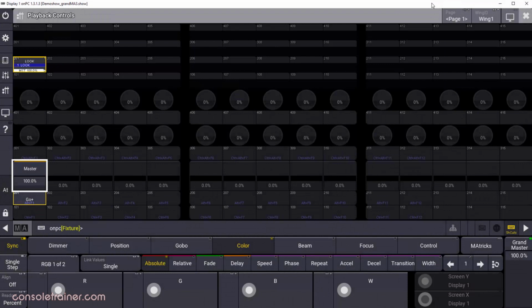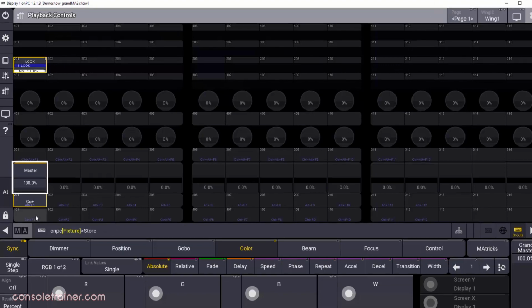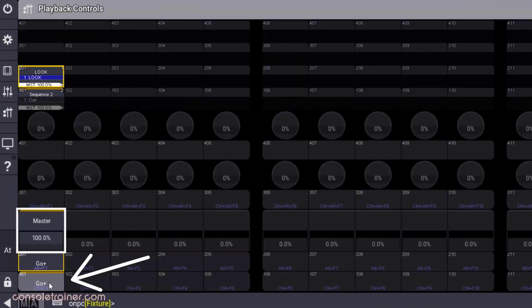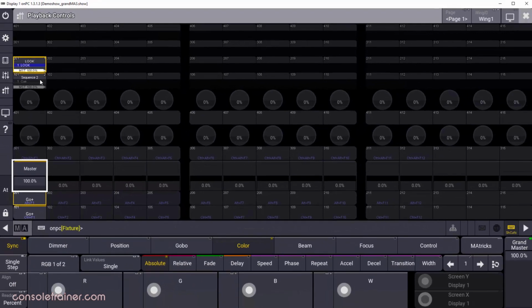See how there's a sequence called Look on executor 201? It's represented here in the playback feedback and also by the master fader on screen. They're not next to each other. If I store something to executor button 101, I can see its Go function at the bottom and the name of it in the playback screen above, my fader and executor 301 and 401. It all does make sense, but because the feedback isn't immediately next to the button or fader, it's just taking me a minute to get used to it.